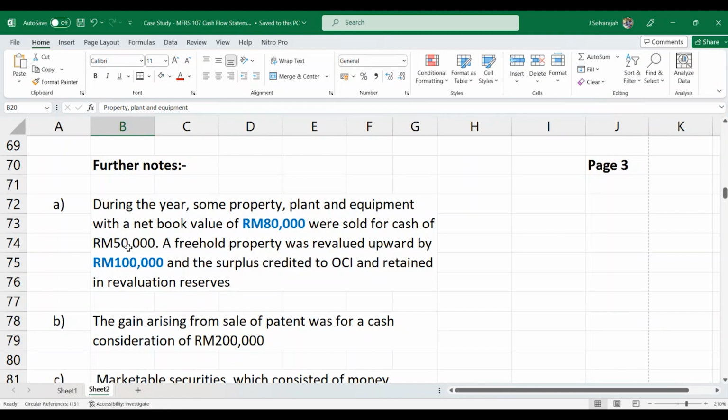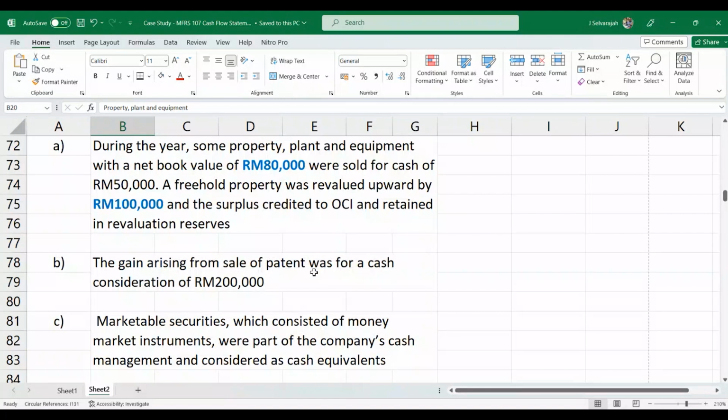So the freehold property was sold for cash for 50,000, whatever, all right. And the freehold property, plant, equipment was sold for 50,000, and the freehold property was revalued upwards to 100,000, and the surplus, because it's PPE, credited to other comprehensive income and retained in the revaluation reserves in the statement of changes in equity. Now, the gain arising from the sale of a patent, they got it for cash consideration